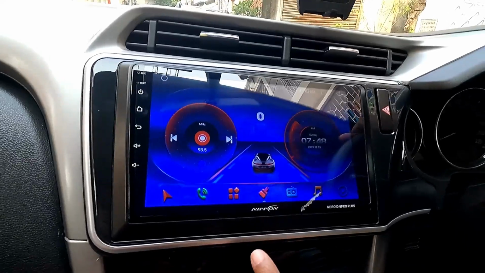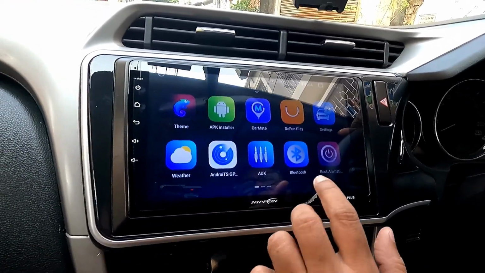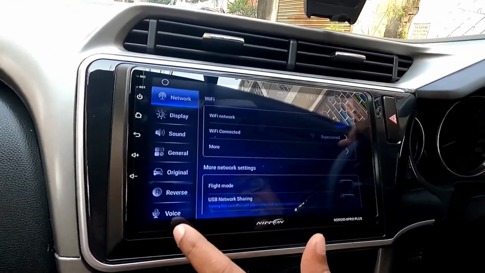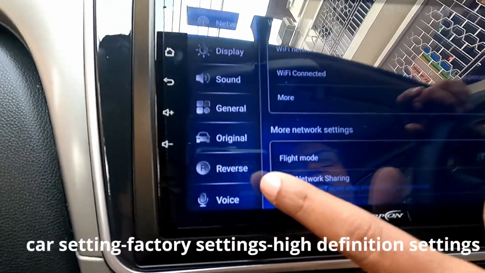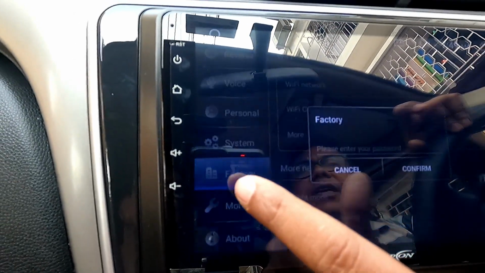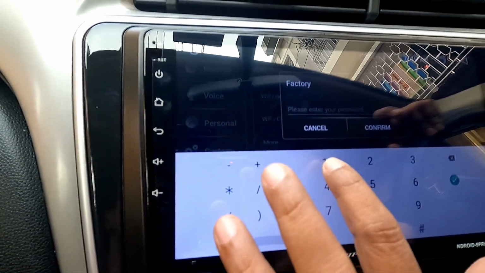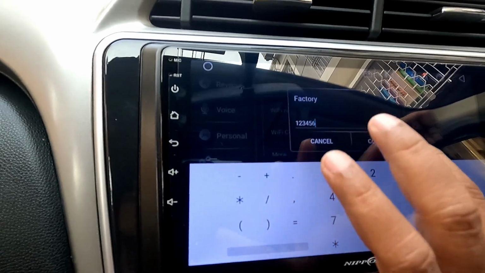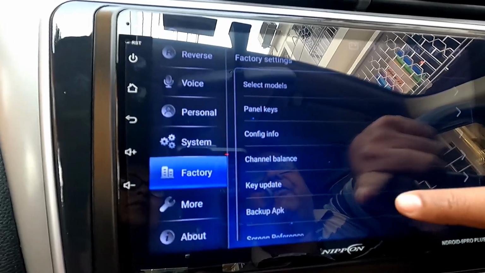First I will go to home, then I will go to the apps where I will go to settings. In the settings menu I will go to factory, and where I need to enter a password. In Nippon stereo it is 1 2 3 4 5 6 and confirm, and here you will get different settings